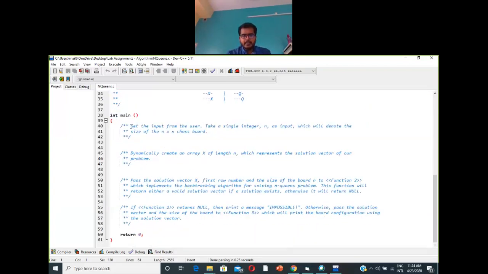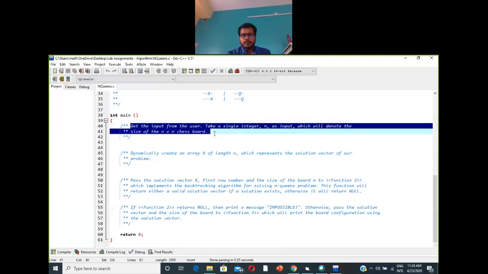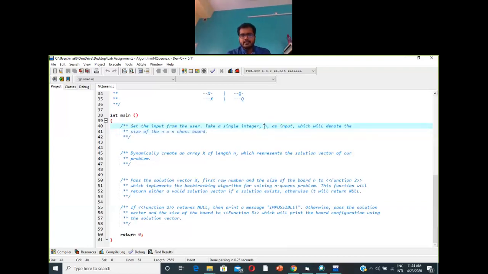In case of the N-Queen problem, what you have to do is take a single integer n as input. N is the size of your chessboard; n by n is the size of your chessboard. Since we are using a backtracking algorithm, we'll need a solution vector.